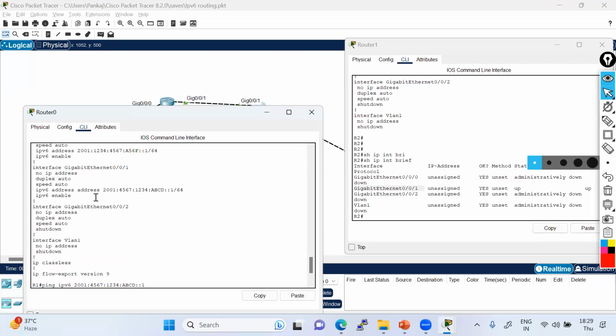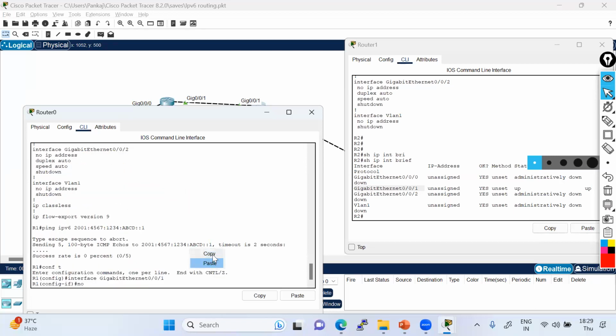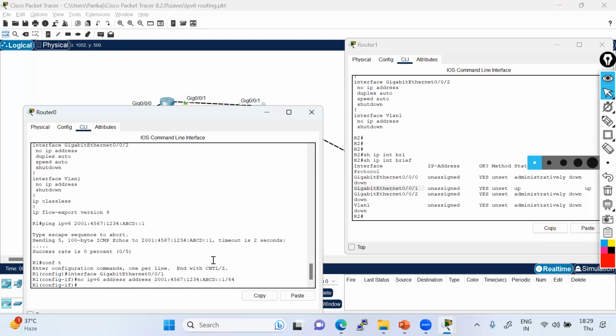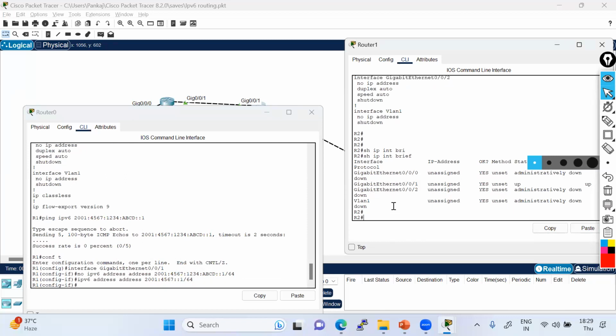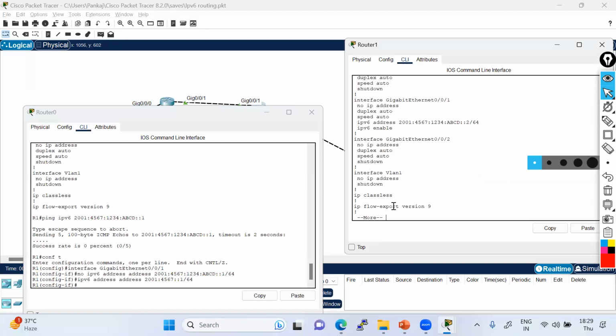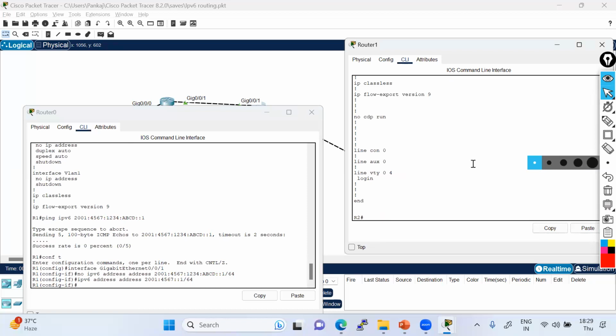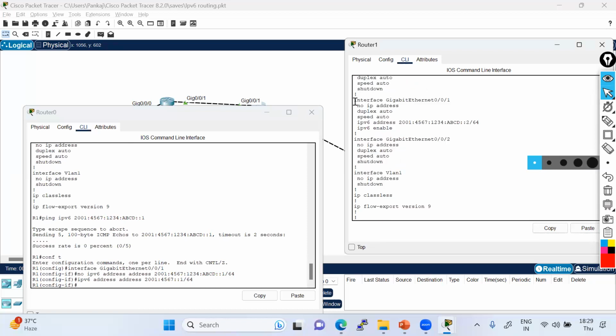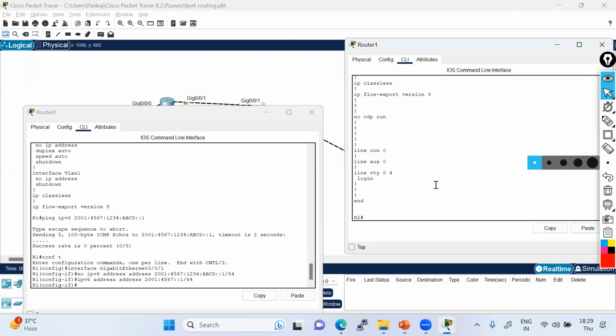Let me remove this. Okay. Let me just do this way. Okay. And show run. I'll just use a smaller IP address. So not going to be too much confusion. Let me try with this.